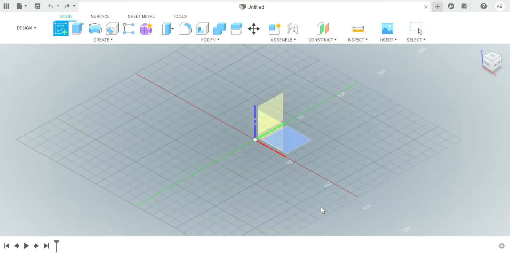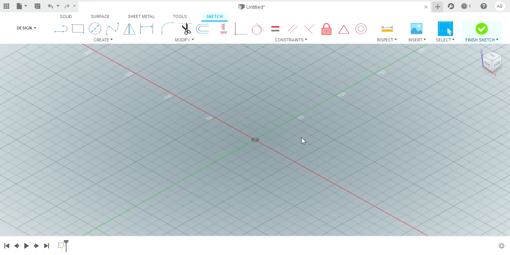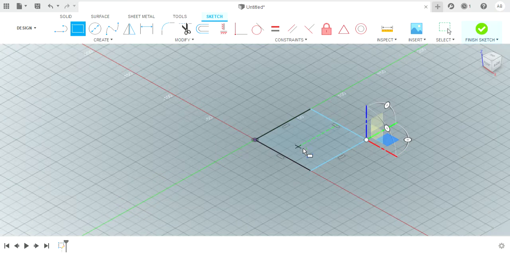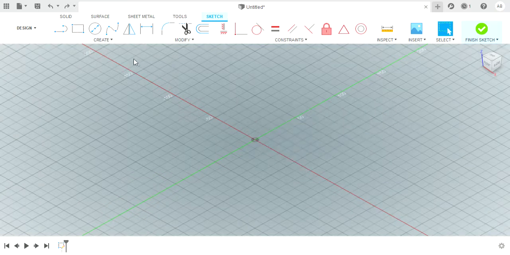sketch icon. We're going to select the bottom face, because I want to draw a rectangle on that particular plane there. Now, as you can see, if I drag that rectangle around, I can let go of the left trigger on my mouse and move it around wherever I want. What I want to do before I click it again to actually put it in place, if I go backwards, what I want to do